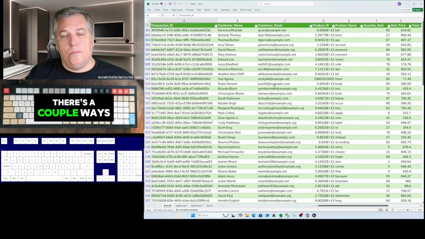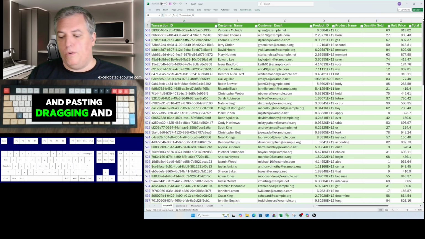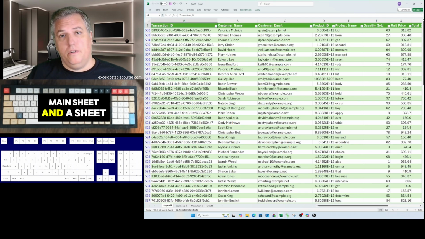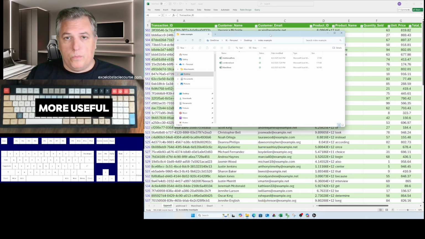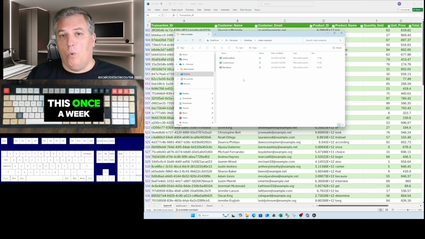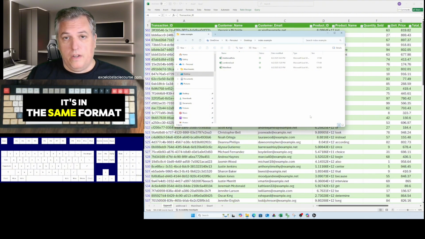So there you go. There's a couple ways to solve the business problem of copying and pasting, dragging and dropping, whatever. If you have a main sheet and a sheet to append, this is how you can do that. It gets a little bit more useful if you have Power Query up and you want to add additional sheets to this. Let's say you get this once a week. You can drag it over, and as long as it's in the same format with the column headers being named